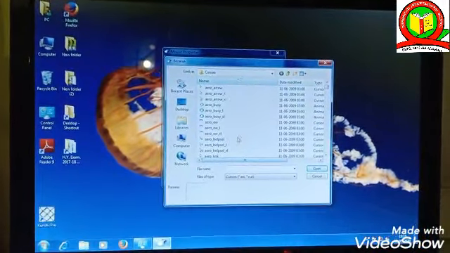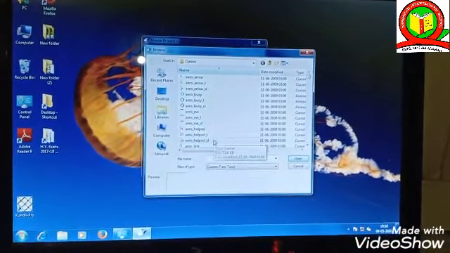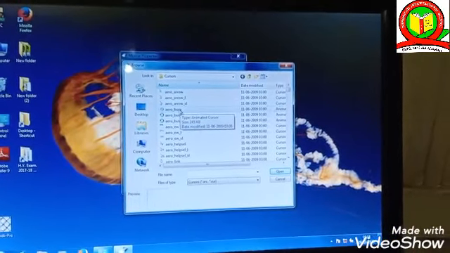In this list you can see the shapes available for your mouse pointer. You can select any type of shape of a mouse pointer.